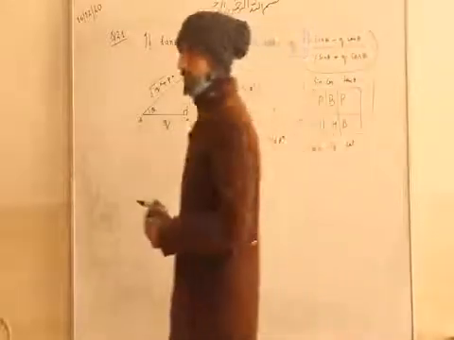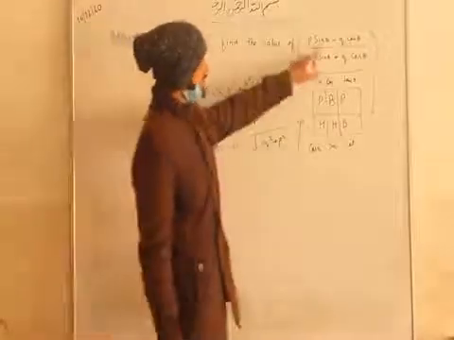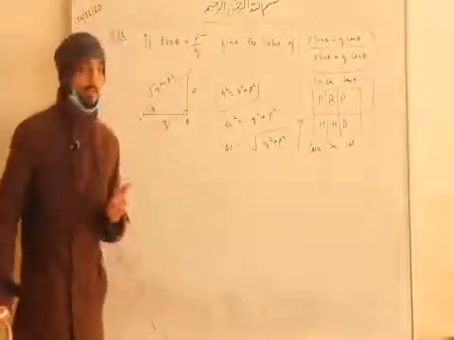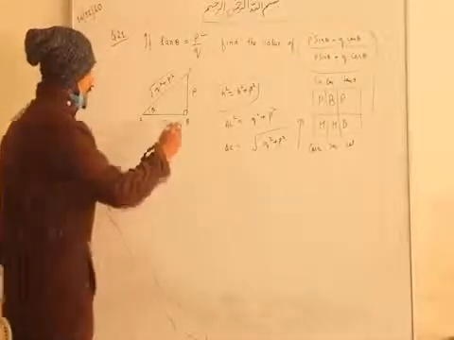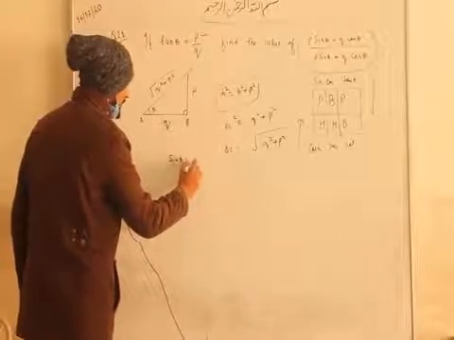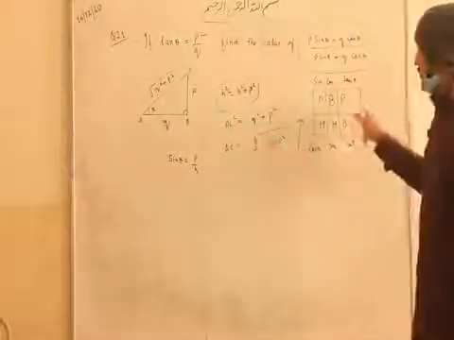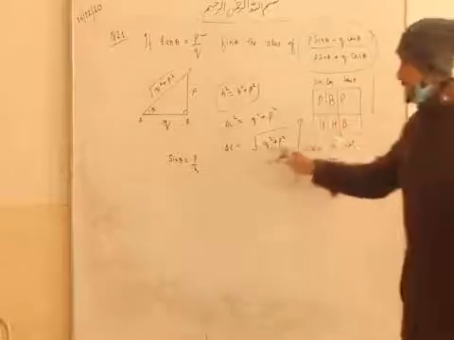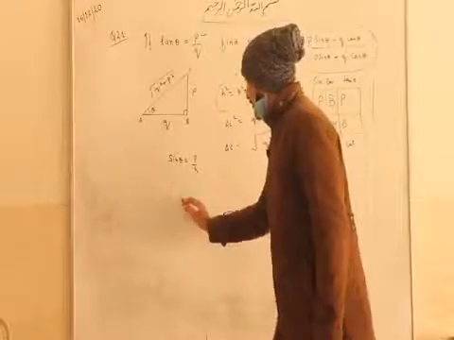So according to this, we have to find the value of other trigonometric ratios. Like here we have used sine and cos. So first of all, we will find the value of sine theta and cos theta, right? According to this triangle, we know from this table that the value of sine theta is P upon H. This is sine theta, P upon H, which we have written here. And now from this triangle we have to find P upon H.